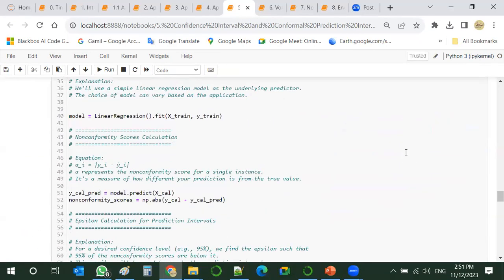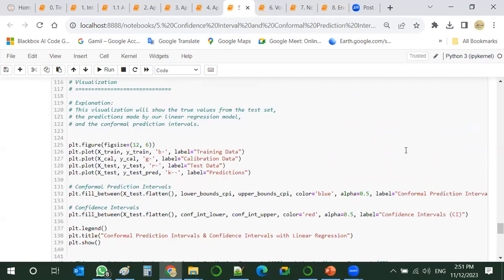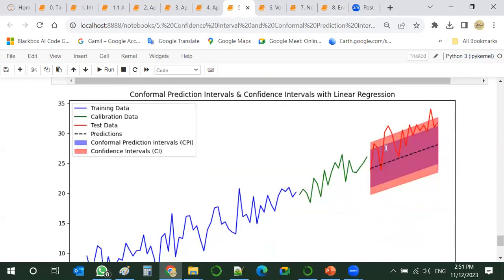If we compare, we will see one of the advantages is that the conformal prediction interval is more tight, which means more accuracy of the forecast predictions that we have.